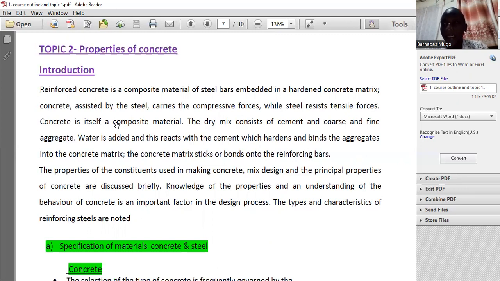We have the cement part, and they cannot combine without the presence of water. So water is what is going to be used to mix that ratio for us to be able to have the wet concrete. So we have the dry concrete and we have the wet concrete. The dry mix is made up of cement, sand, and ballast. But when we mix it with water, that is called the